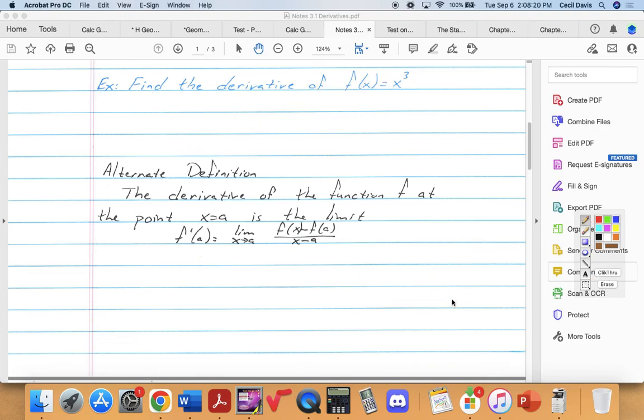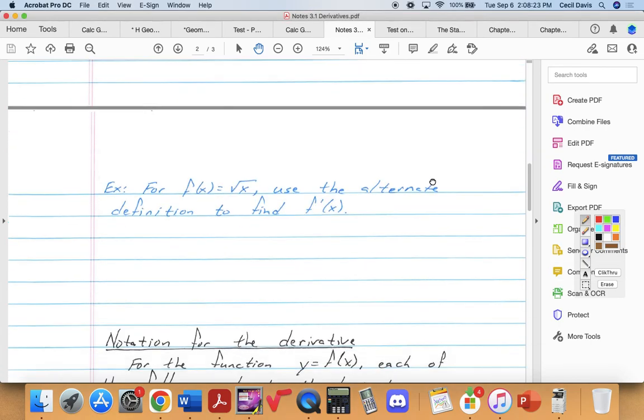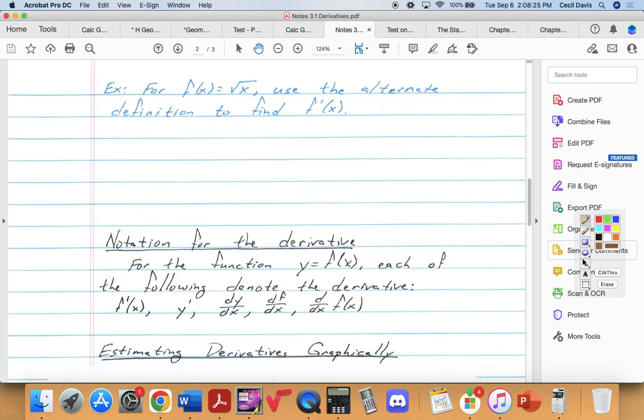So let's do this one. And I'm going to change this. I'm going to put in a constant. And let's put in something that'll work out nicely. Let's say f prime at 9. So f prime at 9